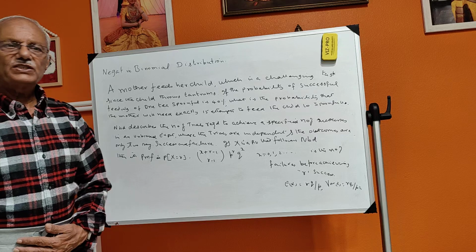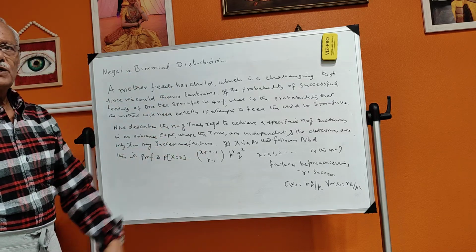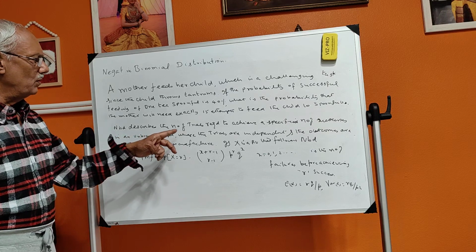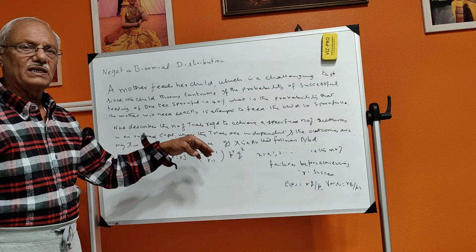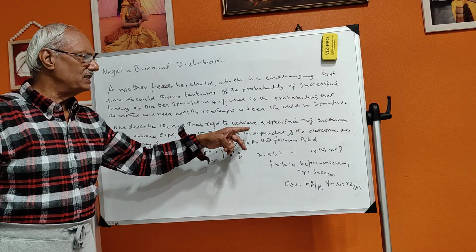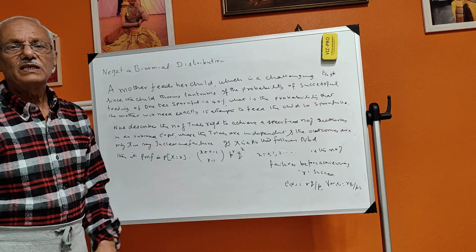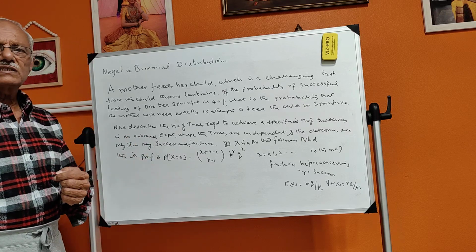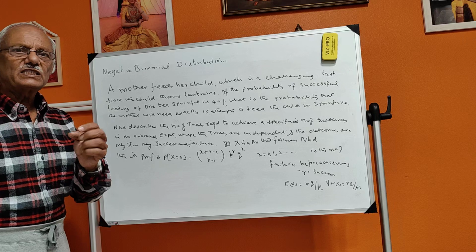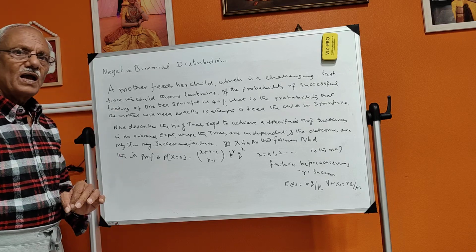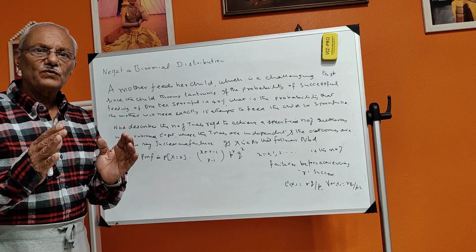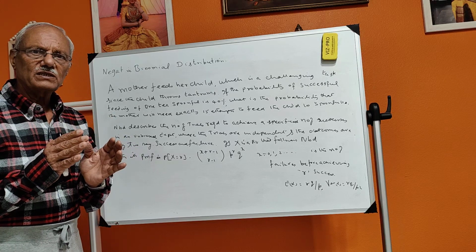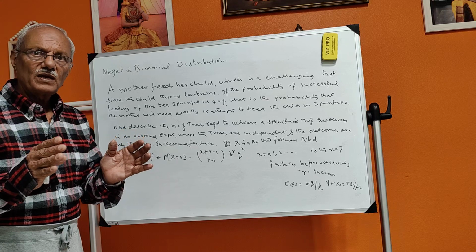Today my topic of discussion is the negative binomial distribution. We define the negative binomial distribution as the number of trials required to achieve a specified number of successes. That is, we conduct a certain number of trials in order to achieve a specified number of successes, conducting experiments which are unbiased, in the sense that there is no favoritism, and that